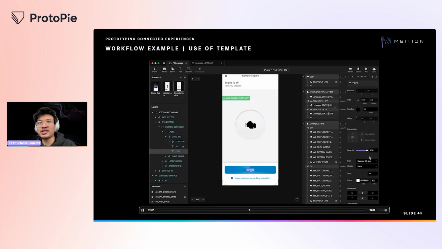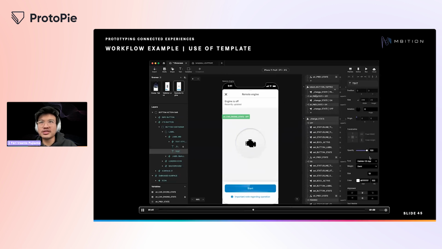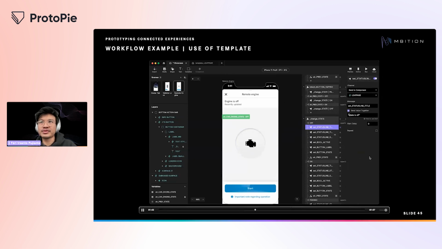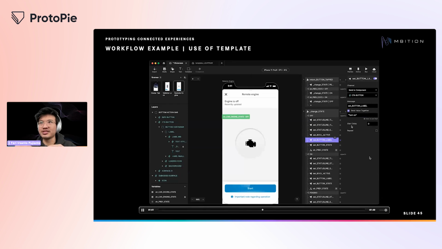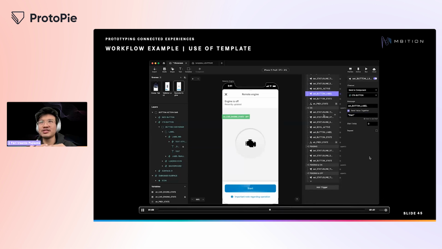We can also replace the icons, obviously, and replace the button label. And also, since we did that on the editor, we want to do that also in this variable signals we're sending. So instead of this generic text of turn on, we can just write start.